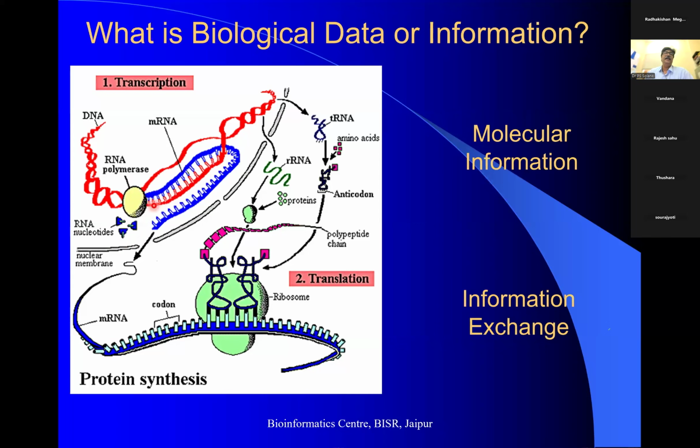If there is an A in the DNA, it will be U in the RNA. If there is a G, it will be C. So it creates a complementary strand of the DNA. We call this the RNA transcript. It is carrying a code, and this code is decoded at the site of protein synthesis,